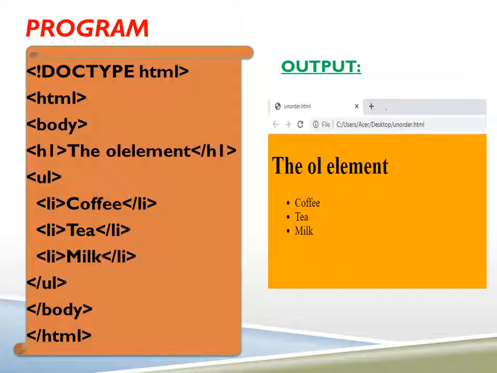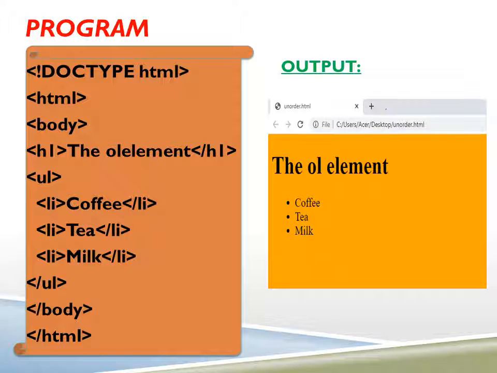Closing of UL is compulsory, whereas LI closing is optional, but it is recommended that you close the LI tag. After that you will close the body tag and then HTML.